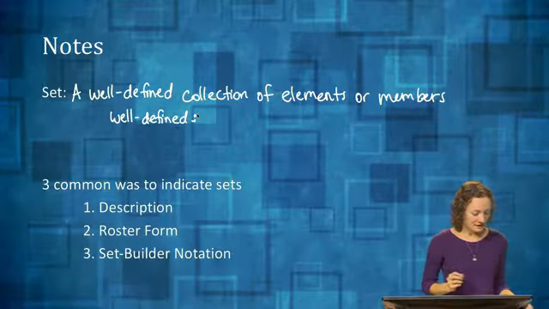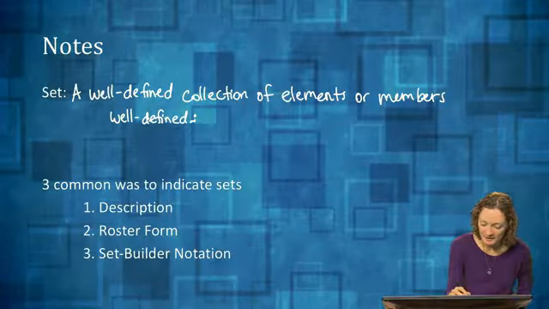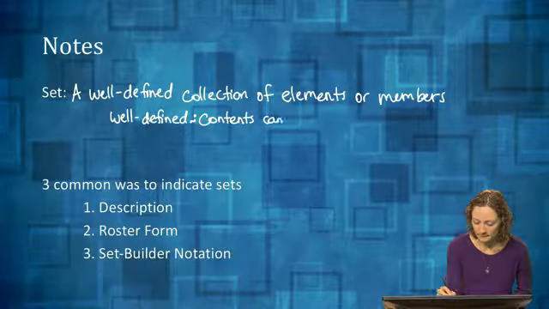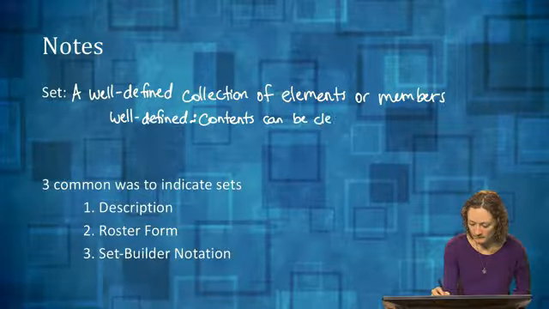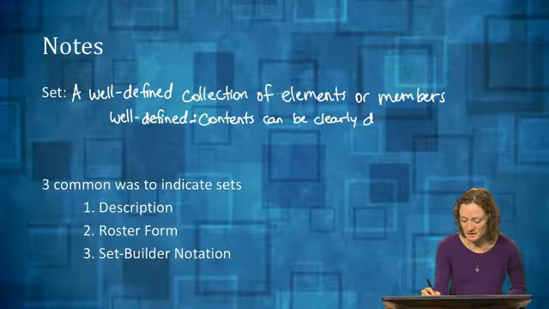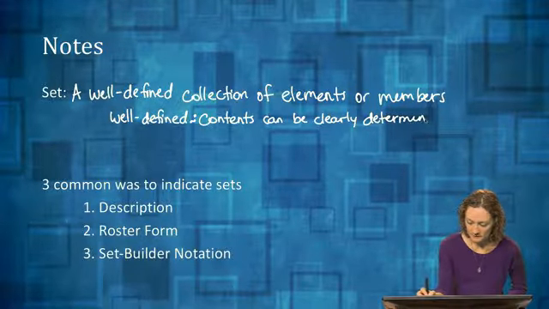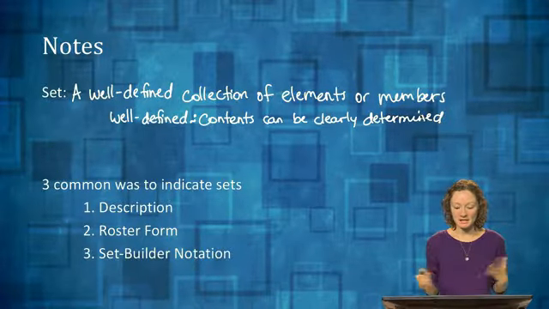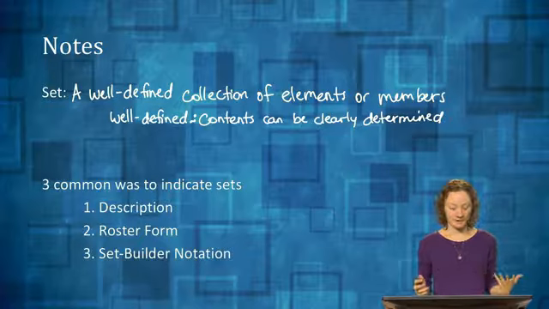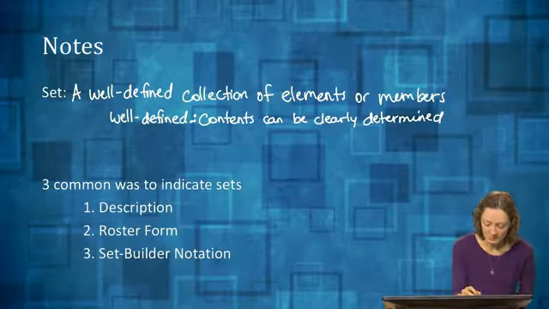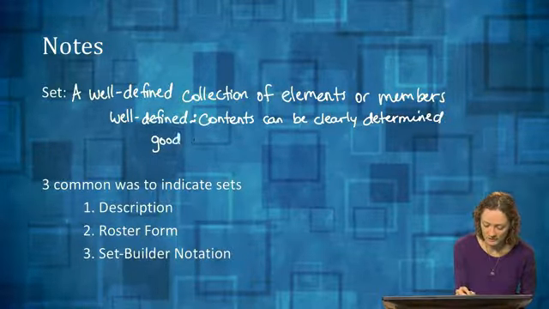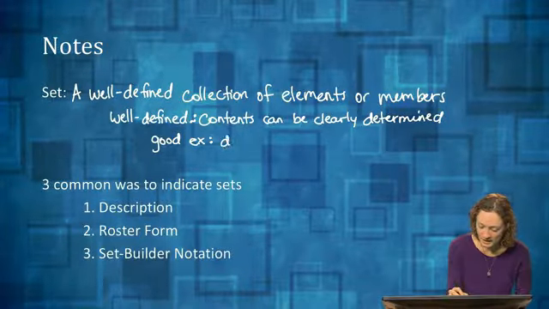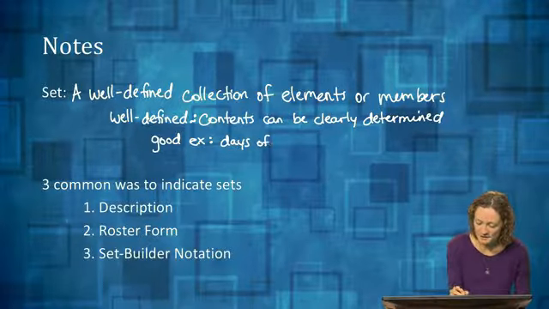Well-defined specifically means that the contents can be clearly determined. So a well-defined collection of elements or members means that the contents can be clearly defined. Let's give a good example and a bad example of that. A good example of something that is well-defined is if I were to say, what are the days of the week? If this is the set I'm looking for,